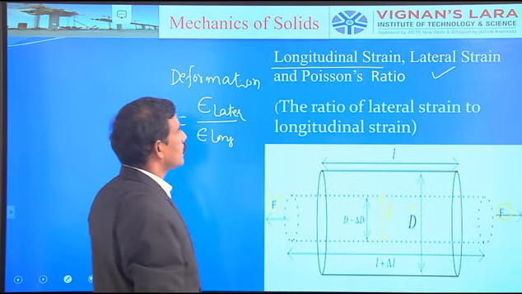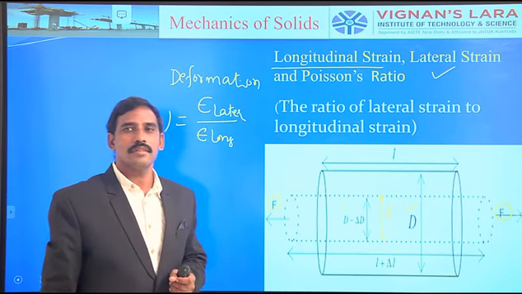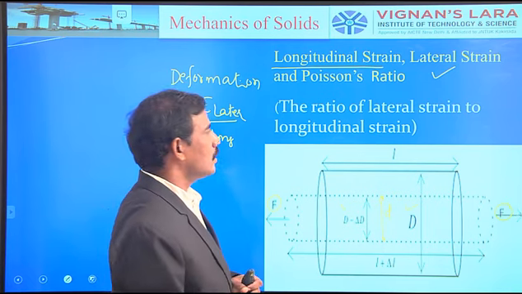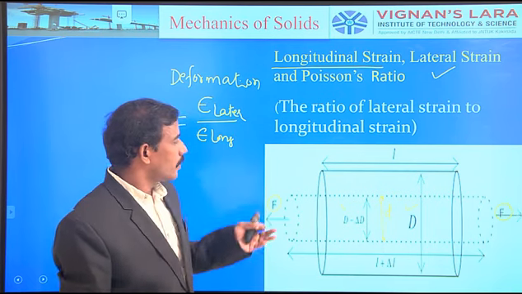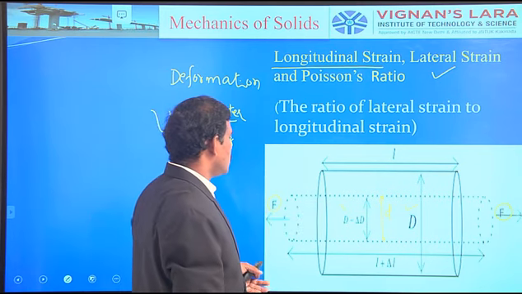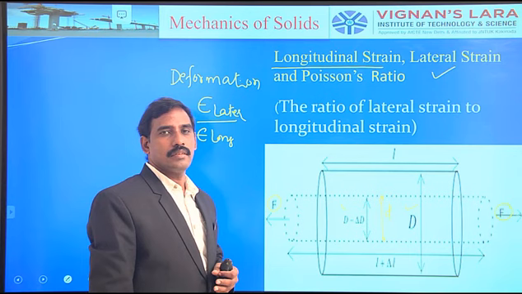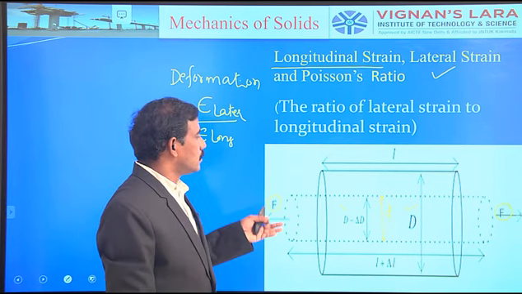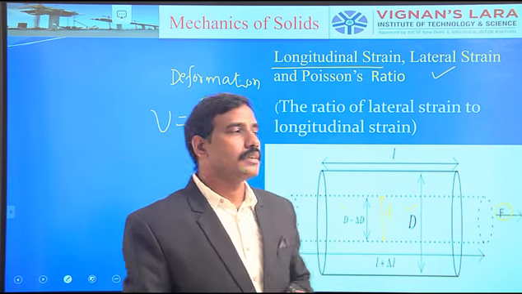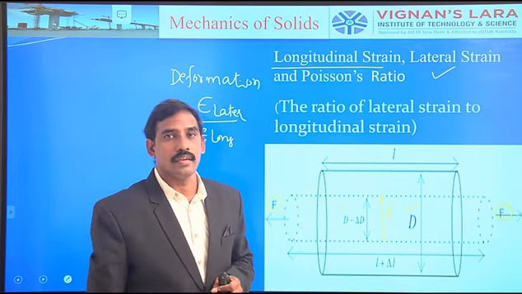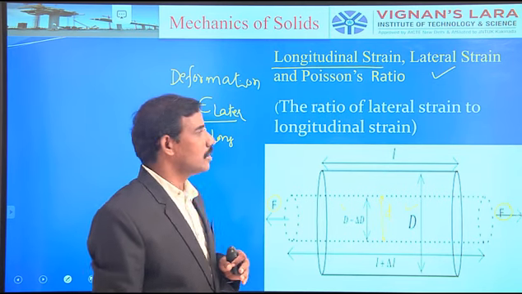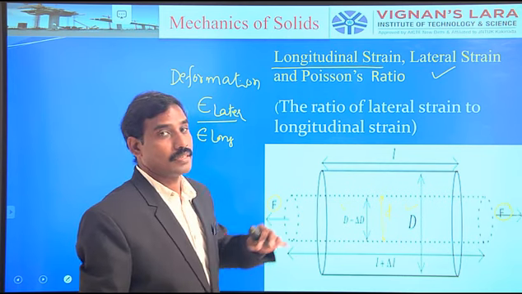Welcome to the next lecture. We will continue the same concept: longitudinal strain, lateral strain and Poisson's ratio. In general, whenever a body is subjected to any kind of system of forces, there is a change in dimensions called deformation. We think there is no change in volume, but there is a change in volume within the elastic limit or limit of proportionality. It is very important. It means there is a strain in terms of volume also. That is very important.